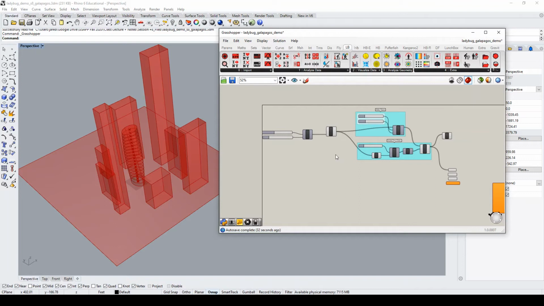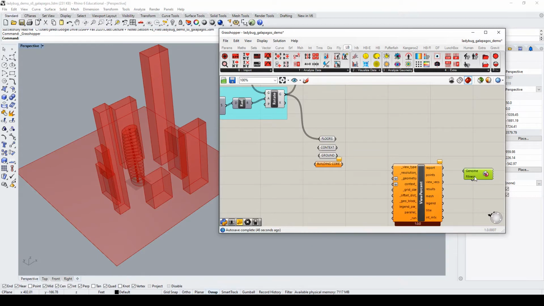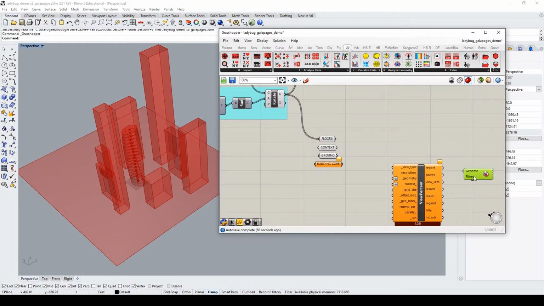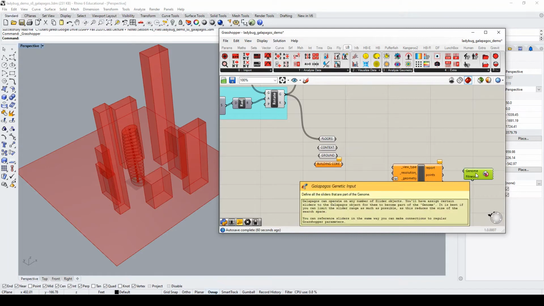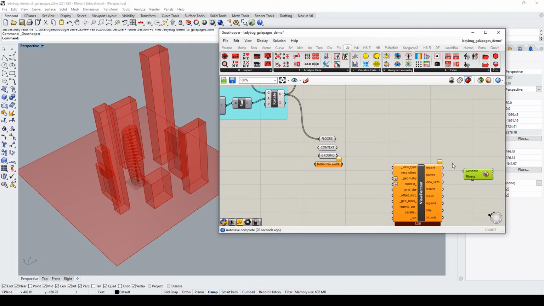Now, what we want to do here, Galapagos, what it is, it's an evolutionary solver tool. So what it allows you to do is play around with optimizing among a variety of parameters, essentially. So you have what's called a fitness value, which is what you're either trying to maximize or minimize. And then you have a number of genetic inputs. So these are the sliders, essentially, that you're going to be playing around with, and you can have multiple inputs, which is really where the Galapagos tool comes in handy when you have multiple things changing at once